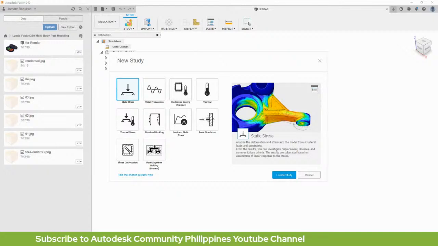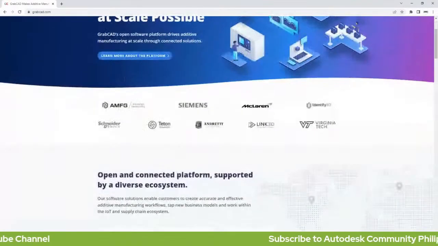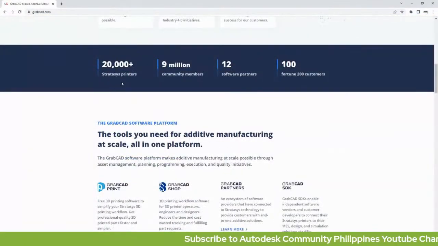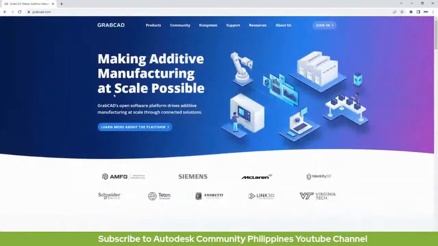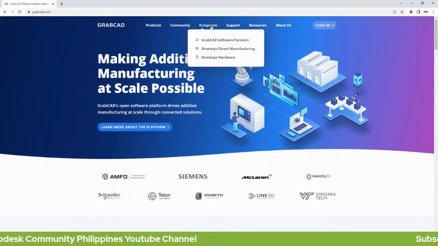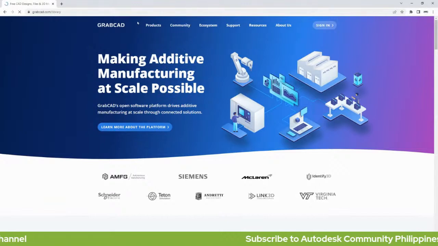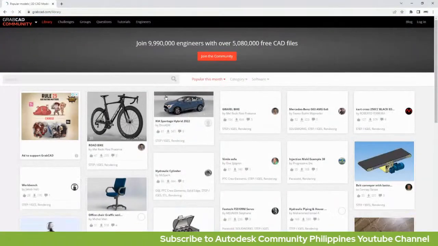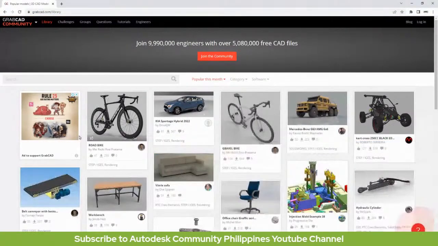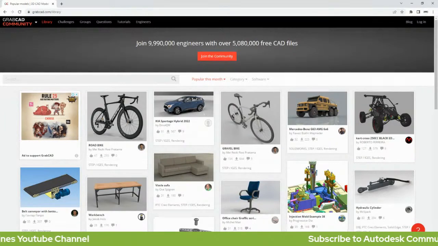And mga familiar dyan ng GrabCAD. Tama ba? Ito pa rin ba siya? Parang nag-iba. So GrabCAD is an online library din for CAD models.